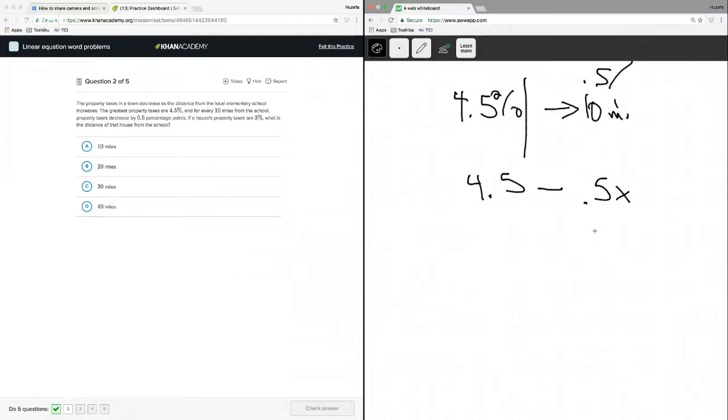So then it says, if a house's property taxes are 3%, what is the distance of that house from the school? So think about it like this. It starts at 4.5%. We assume they're right next to the school. And then in order for this to equal, let's say, 3%,